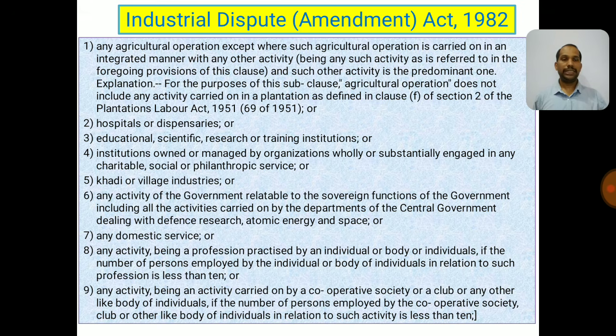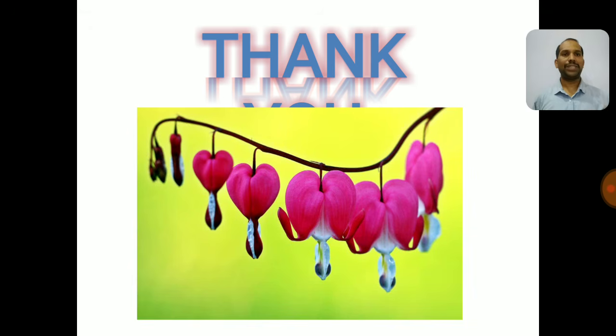You have to remember these important cases: the Bangalore Water Supply case, the Hospital Mazdoor case, the Delhi University case, and then the Safdarjung Hospital case. After that, you need to remember the Gymkhana Club case. Then comes the Rajappa case. Rajappa case reverses the judgment of the Delhi University case, Safdarjung case, and the Gymkhana Club case. Remember, they have given the triple test in Rajappa's case, and the dominant nature test also. If you write this much along with the 2J definition, which I discussed in the very first slide, you will definitely get all the marks required.